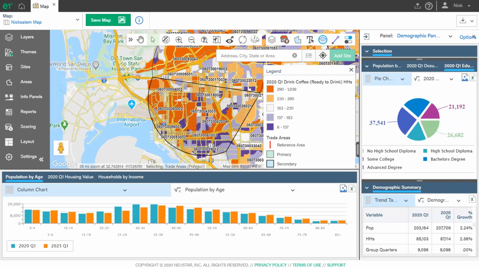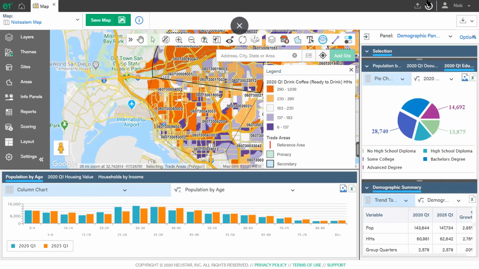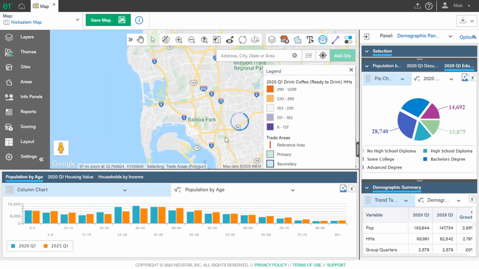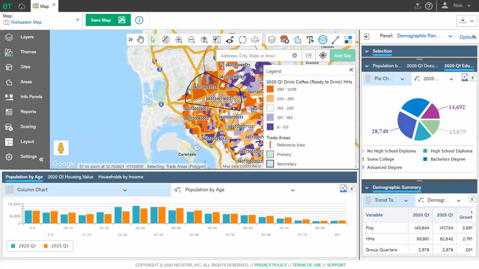So you can pull data for individual markets or these different trade areas, or the block groups themselves. Let's say I want to pull for that block group here. Let's zoom out a little bit. One of the reasons it's hard to pull for the markets is because the trade areas are above the actual zip code or block group level, but that can be changed very easily if you go to layers and change that. But the idea here is that you pull data for markets or trade areas for your analysis, and then you can drill down deeper